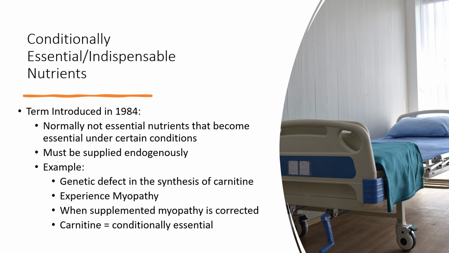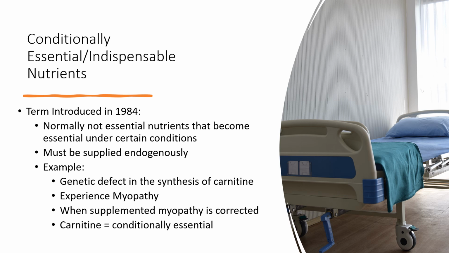So that brings me to our conditionally essential and our indispensable nutrients. So this is a conditionally essential or a conditionally indispensable nutrient. And this term was actually introduced in 1984. It essentially describes a nutrient that is normally not essential, that becomes essential under certain circumstances or conditions, and must be supplied exogenously. So an example of that is an individual who has a genetic defect in the synthesis